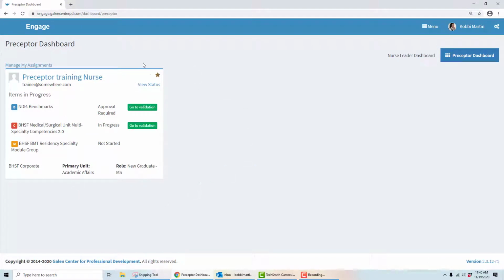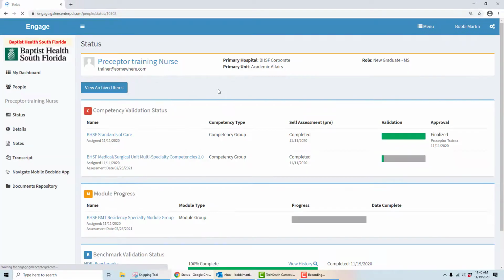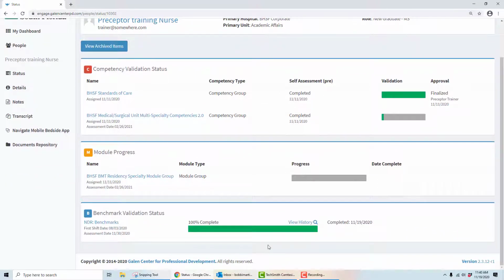So in order to go and validate, you're going to go to their status page, and that is this highlighted blue name of theirs, or you can click View Status. Click in, and this is where you'll see their competency validation. This person has had 100% of their standards of care. Obviously, if you're going to validate benchmarks, all of these will have been completed. But for the purpose of this demonstration, it's just to show you how you will go ahead and validate this